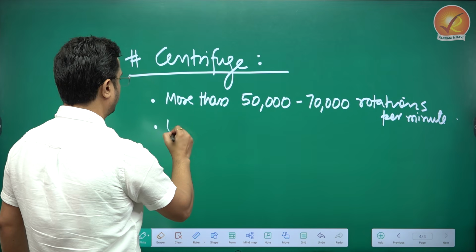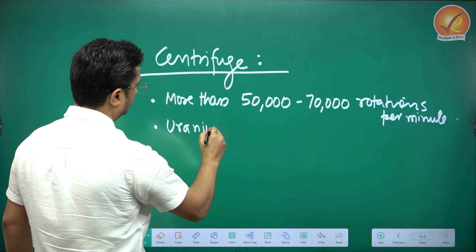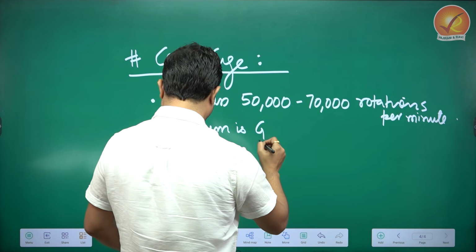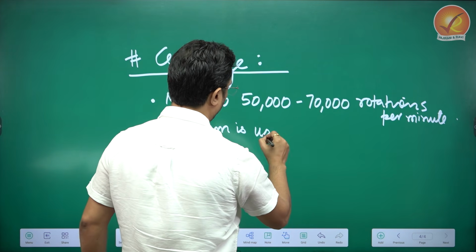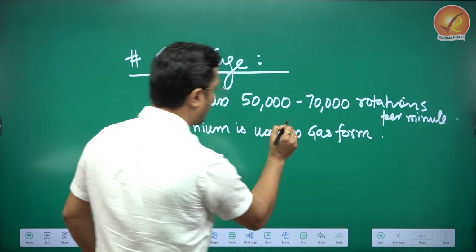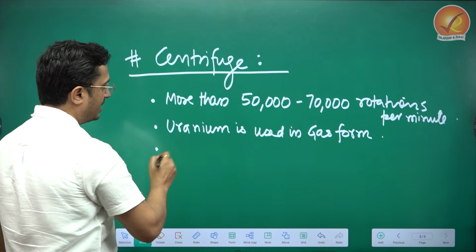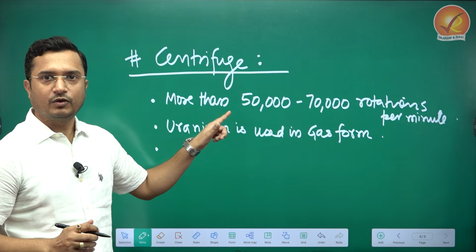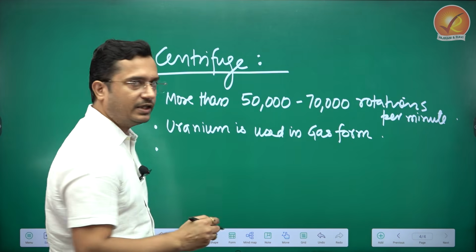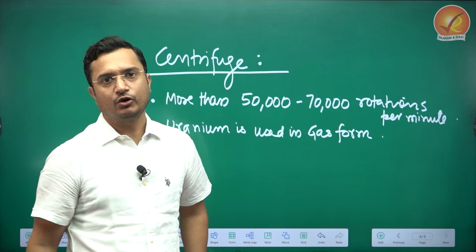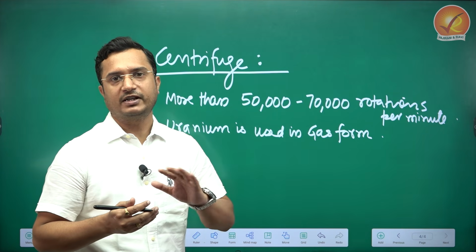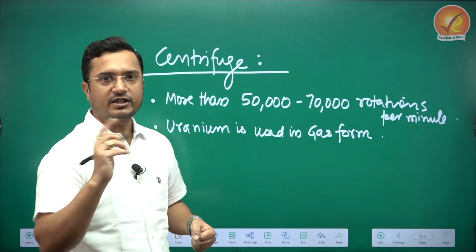And here the uranium is used in gas form. You gasify the uranium. It works on the principle that uranium 238 is 1% heavier than uranium 235, and based on the difference in their weights, when it rotates at a very high speed,